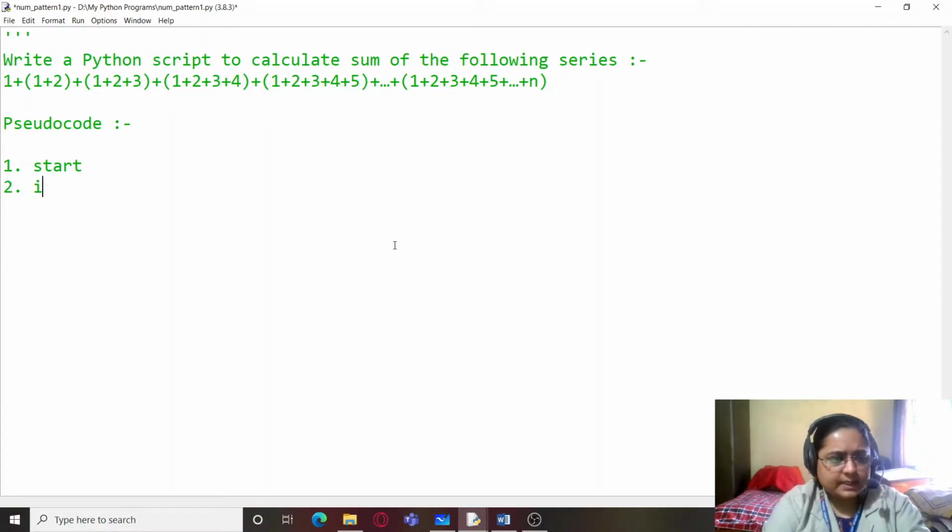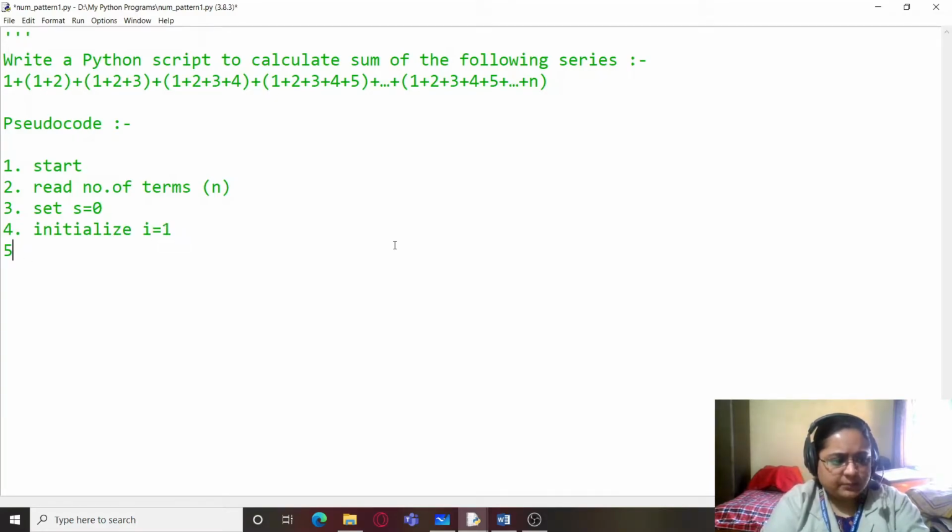Because this is going to be part of the for loop, we will first read the number of terms, that is n, from the user, and we will set the value of s, which will be the sum of terms, to 0, and now initialize i as 1.